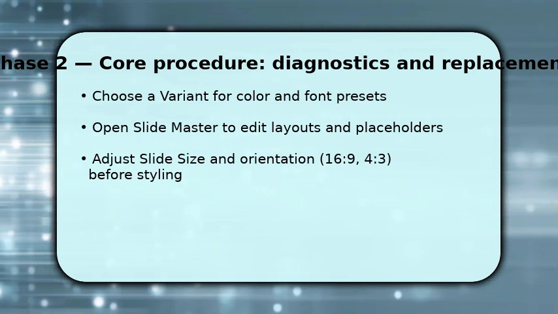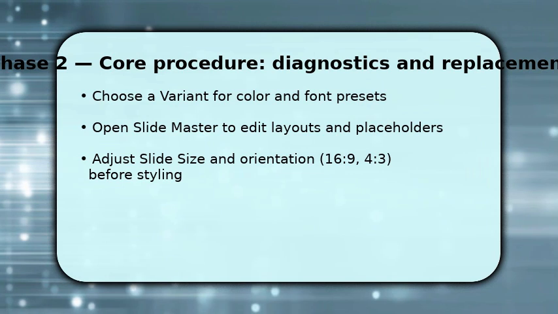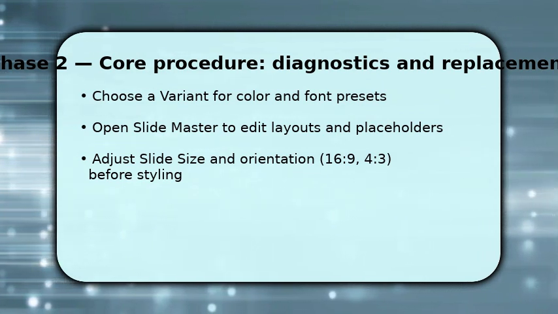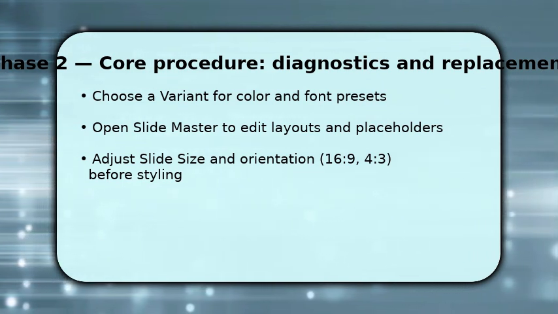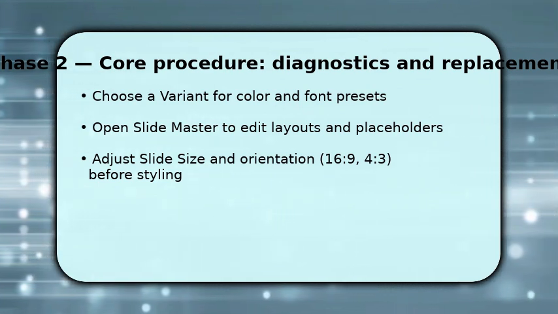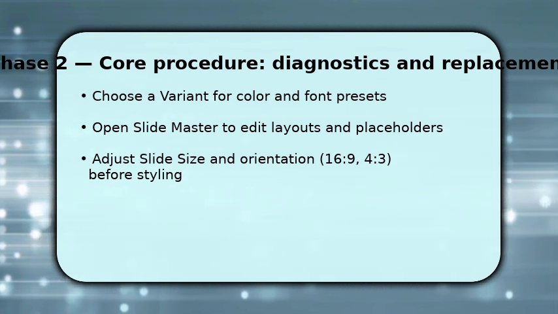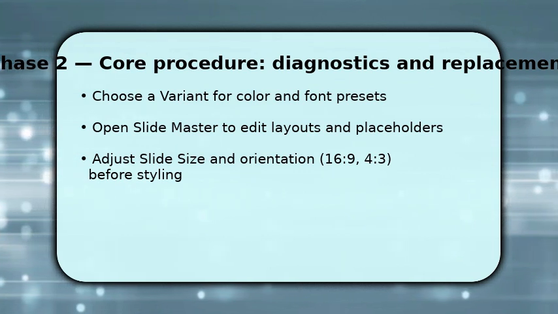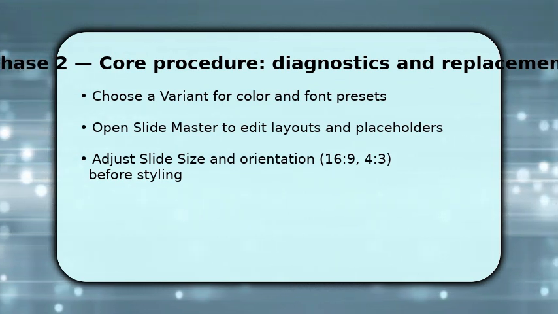Next, open Slide Master to edit core layouts, placeholders, and repeatable elements. This is where you fix alignment, headers, and footers globally. Make sure to set the slide size and orientation early, because changing size later can break spacing. While editing the master, lock down spacing and default image styles so every new slide inherits consistent structure and saves